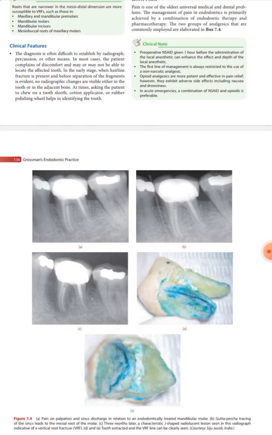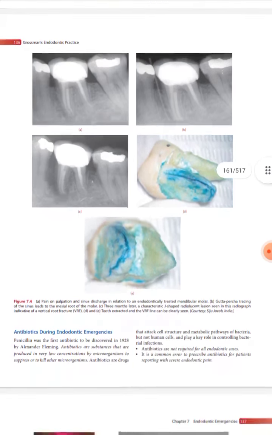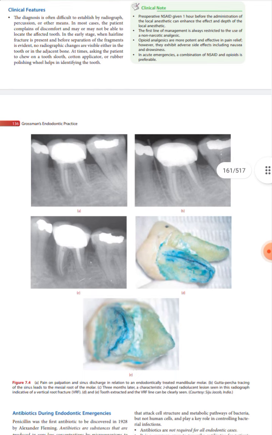The first line of management is always restricted to the use of non-narcotic analgesics. Opiates नहीं दे सकते. In acute emergency, a combination of NSAID and opiates is preferable. बहुत ज़्यादा इमरजेंसी हो गया तो हम कॉम्बिनेशन दे सकते हैं एनसेट का ऑपिट्स के साथ।